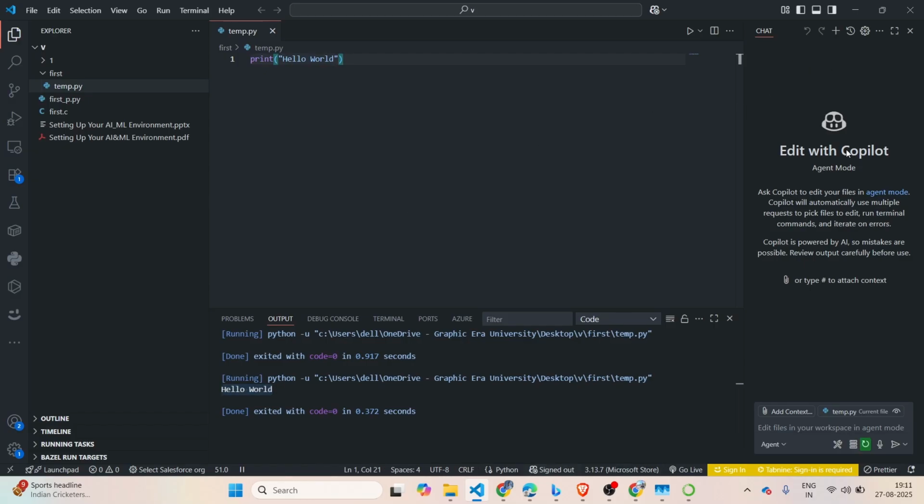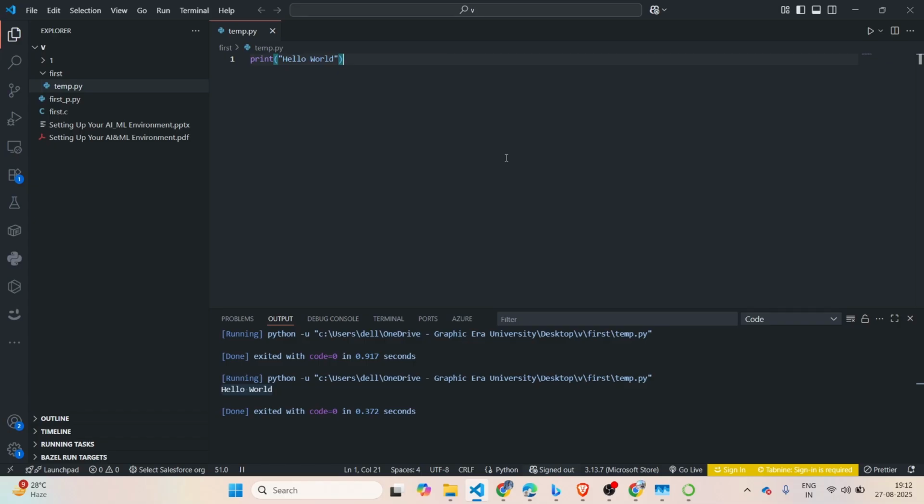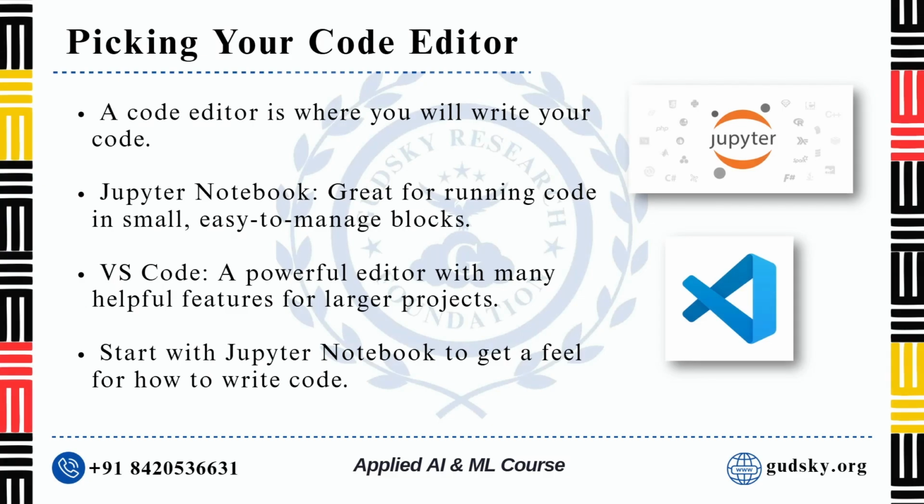This is the Copilot portion. You can simply cross it. So you can see this is how VS Code works. This is a bit more confusing than the Jupyter Notebook. So I personally recommend Jupyter Notebook first. Then after, when you have experience, you can use VS Code. Okay, I think it's enough information for now about these two platforms. Moving forward,